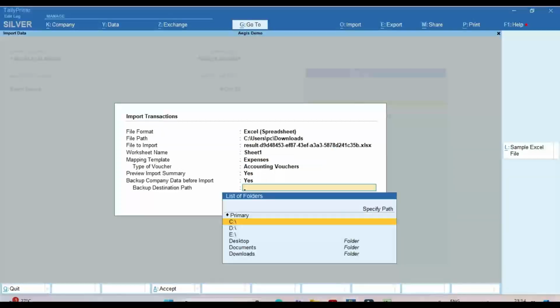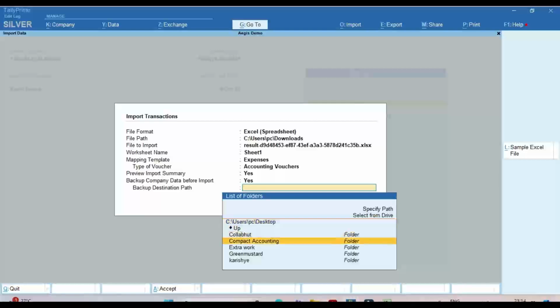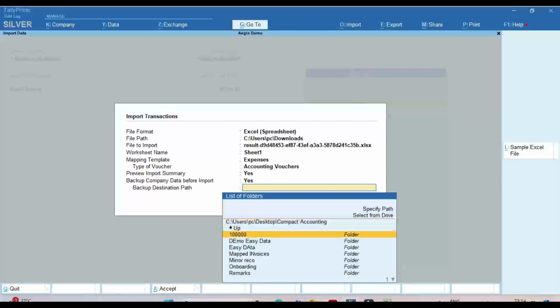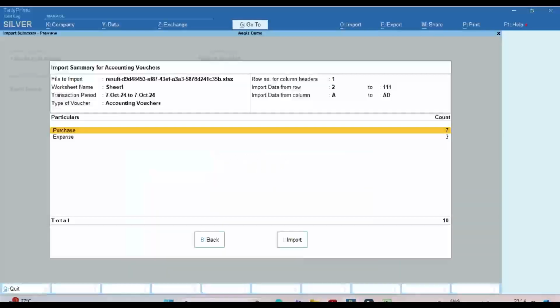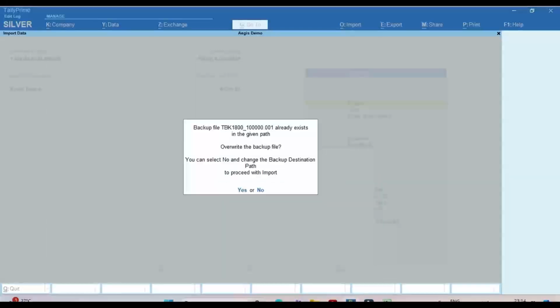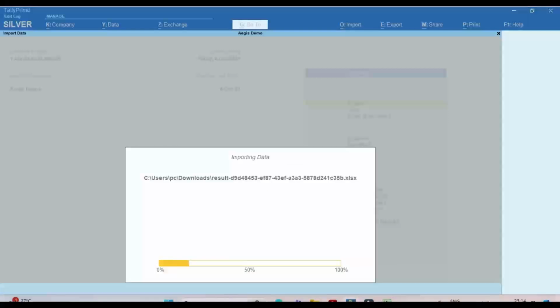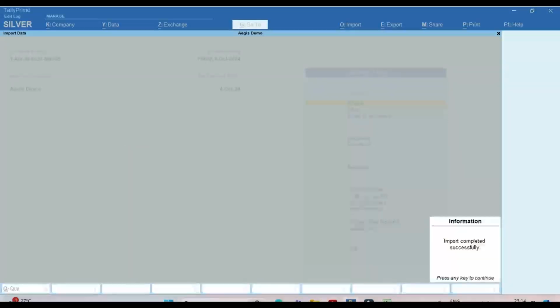Now we give the path to take the backup for our data entry. Here you can see we are ready to import 7 purchase vouchers and 3 expense vouchers. Let's import. As you can see, we have successfully imported these 10 transactions into our ERP.